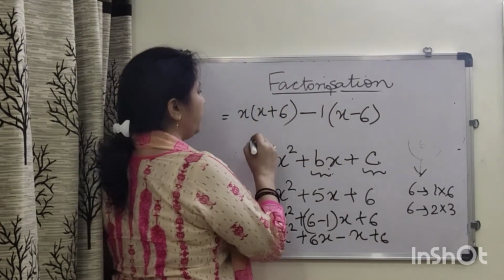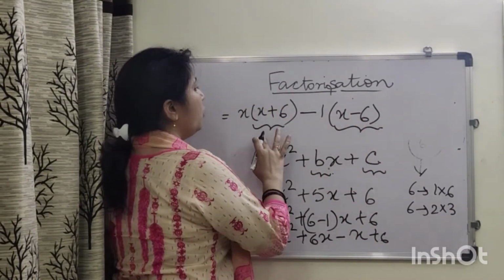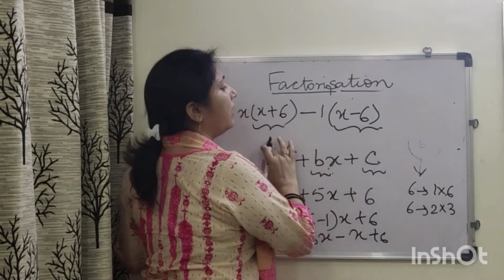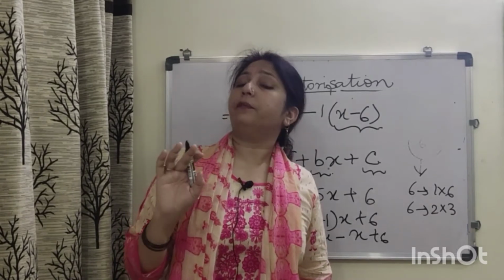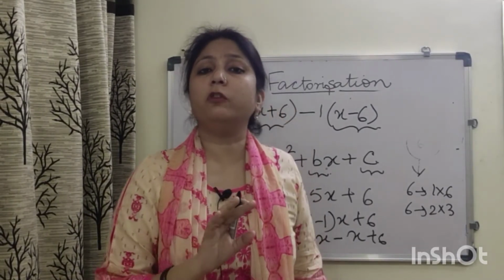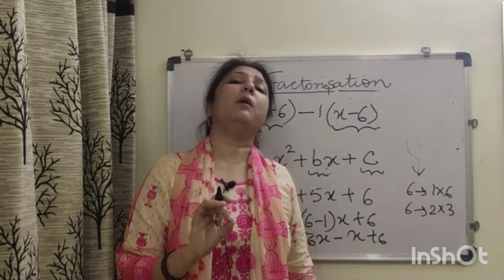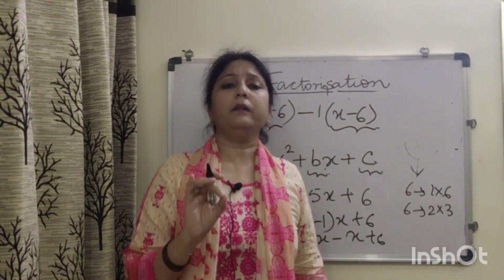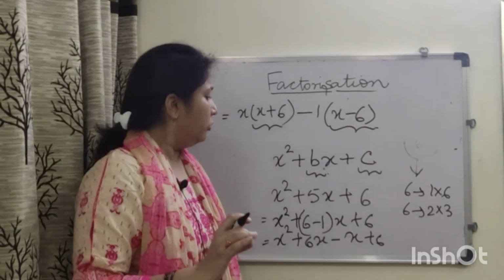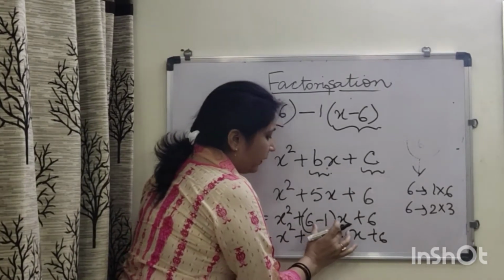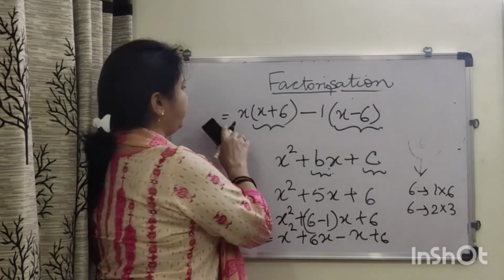And now if you see, after taking common the two binomials, they are different in sign. They are different in sign, which is not correct. When you take common in the bracket, the term should be same as well as sign should be same. So this 6 minus 1, that means 6 ones are 6, is not fit for this question.